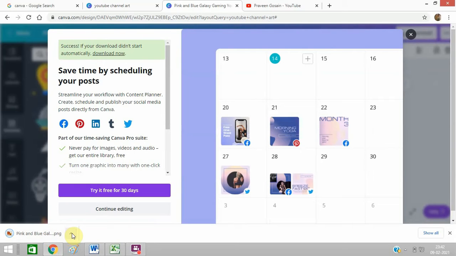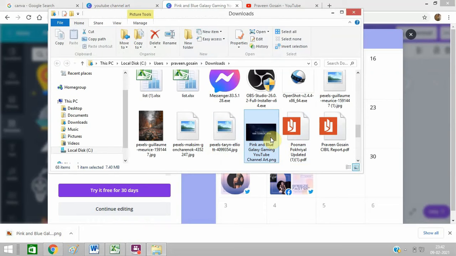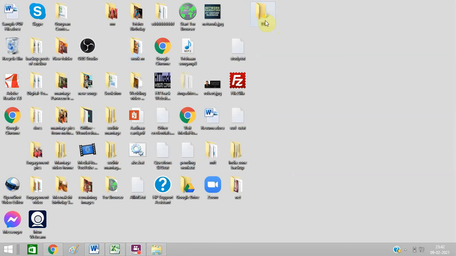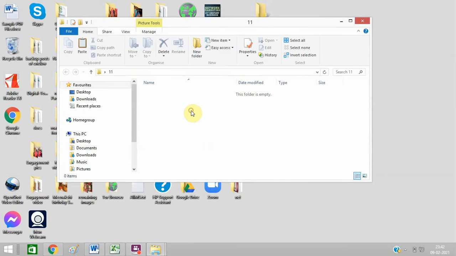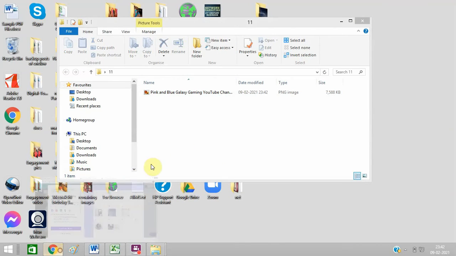So downloading is done. You can see the size is 7.40 MB, but it is too high.